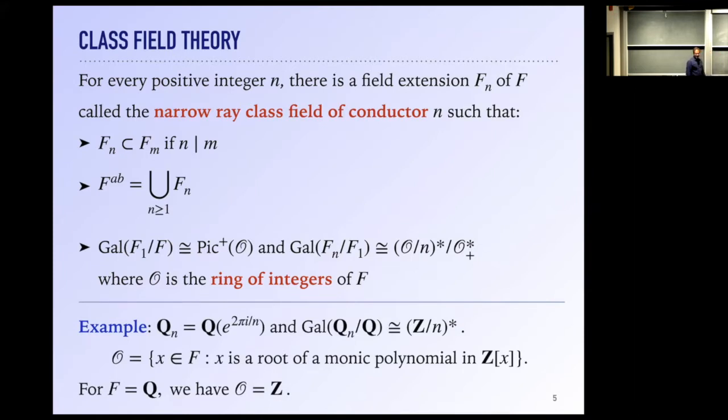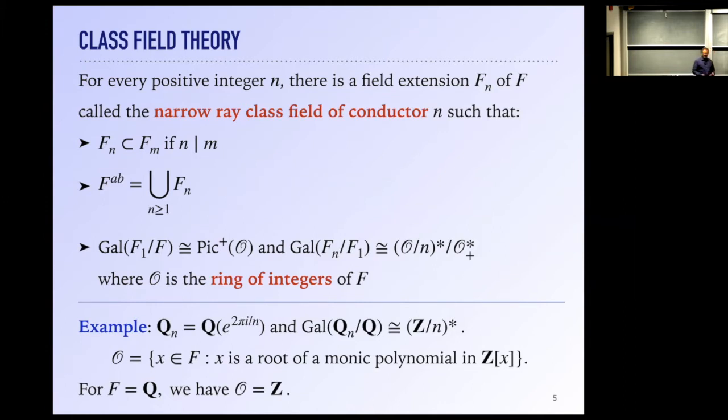So in the case that I've done, where the ground field is Q, my field Q_n is just Q adjoin e to the 2 pi i over n. So you take Q and you adjoin an nth root of unity. Then the Galois group of this field, as I told you earlier, is just (Z mod n) star. And in general, what plays the role of Z? What plays the role of Z is this ring O, which is called the ring of algebraic integers within F,